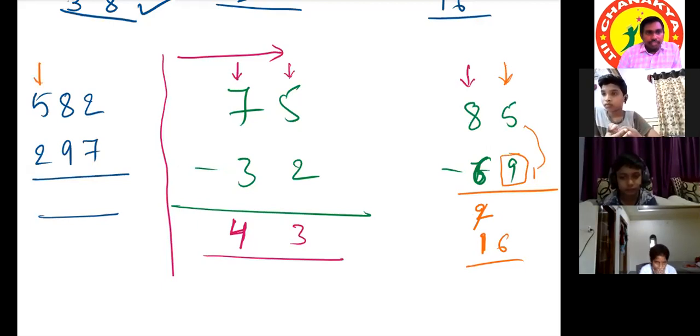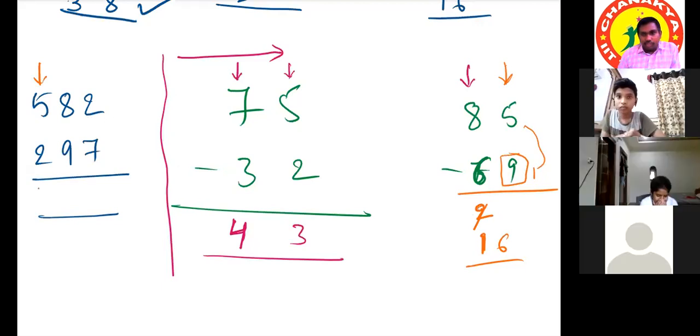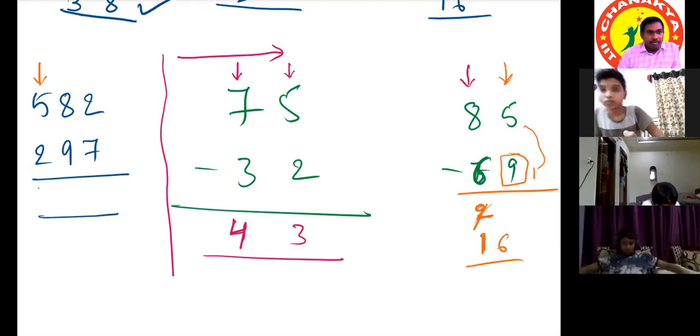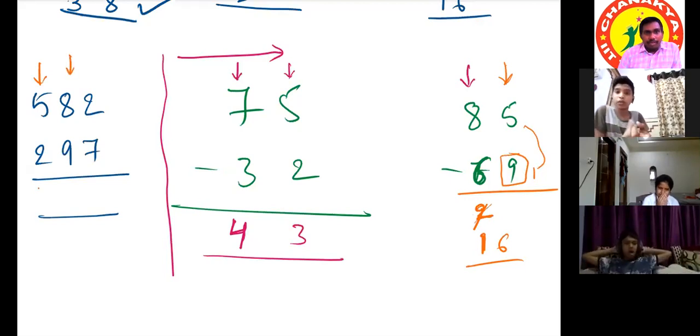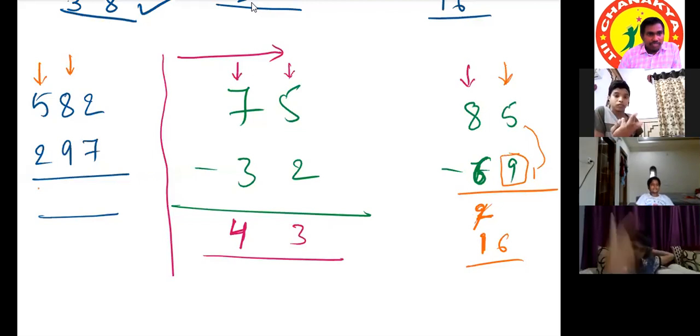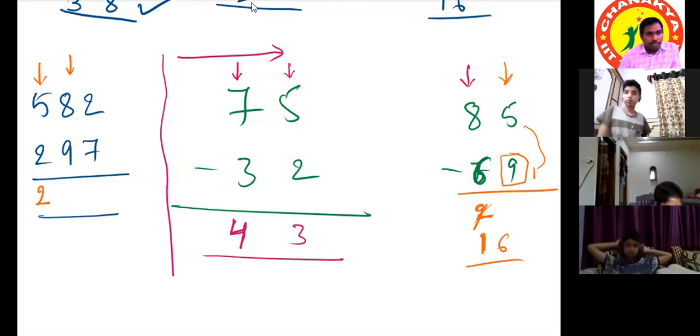See, first column, 5 minus 2 is 3. Sir, actually in every time we are writing that 2 and we are reducing it 1. Instead of writing 2 and reducing 1, before writing, only see the next column. Actually, we should write 3 here. But before writing 3, I'm seeing the next column. Is it a match or mismatch? Mismatch. That's why I'm reducing that 3 by 1. It will be 2. Okay. Now, what is the complement of 9?